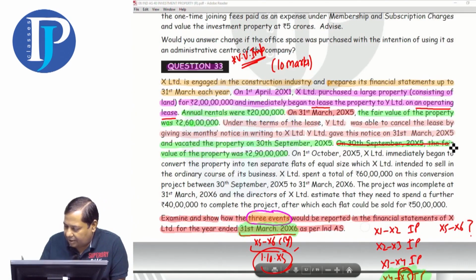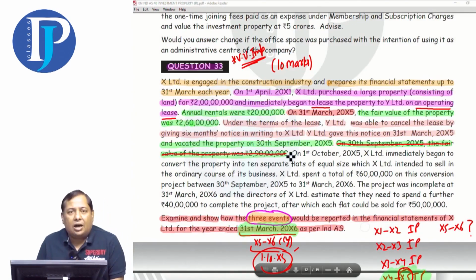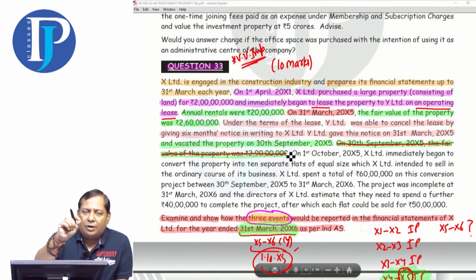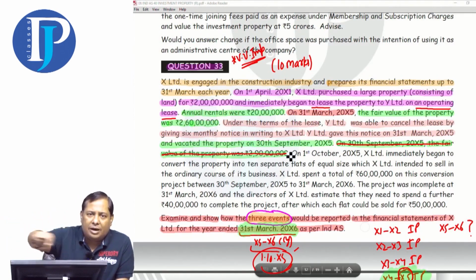This line is completely useless. I'll tell you the reason. Fair value: if you need to show the fair value in the notes to accounts, that fair value should be from the balance sheet date. Clear? We are not supposed to check the fair value repeatedly throughout the year, only at the end of the